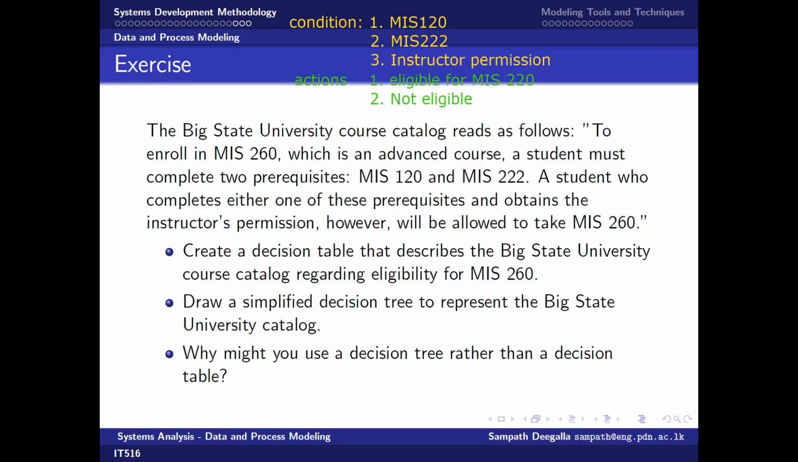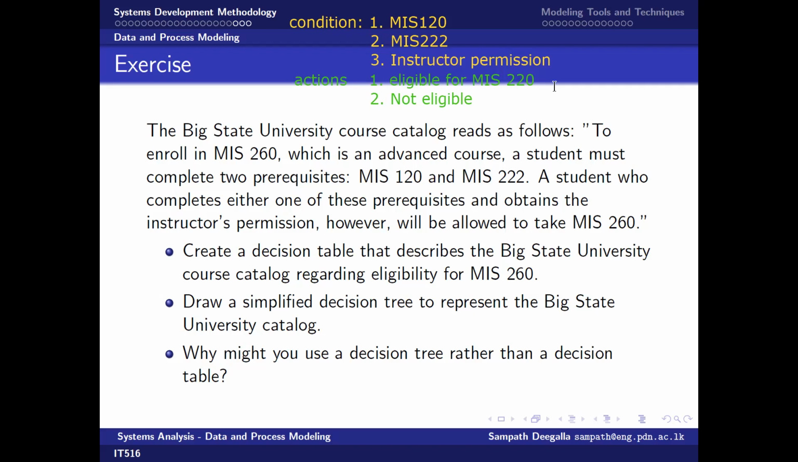What if you pass only one, how do you put that? That condition is one of these. So what I thought to do here, Prasanga, is mark this as yes and yes. When you have yes and yes, irrespective of instructor permission, you don't need instructor permission, you are eligible. But if you have one yes and one no, then you need instructor permission to be eligible for